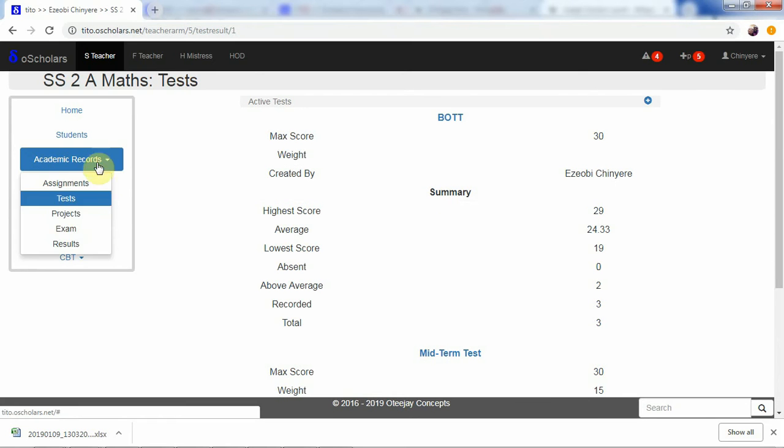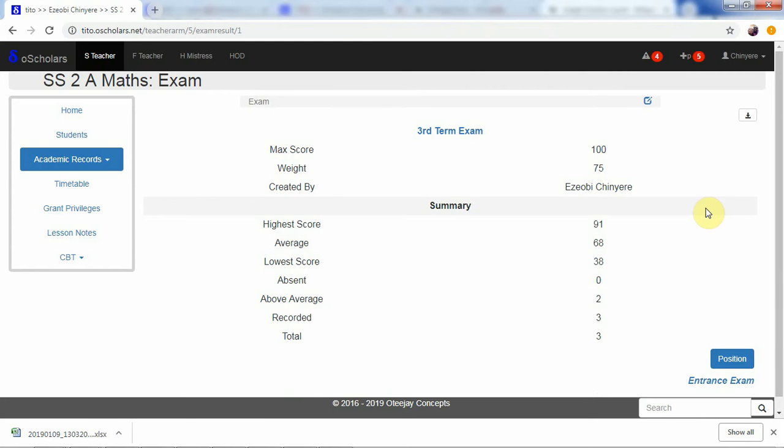Now for the exam, we'll click on this particular navigation there and go to the exam interface. There is only one exam, and the exam is actually created by the vice principal or the HOD of your department or another person that has been assigned to do so. You're not allowed to create an